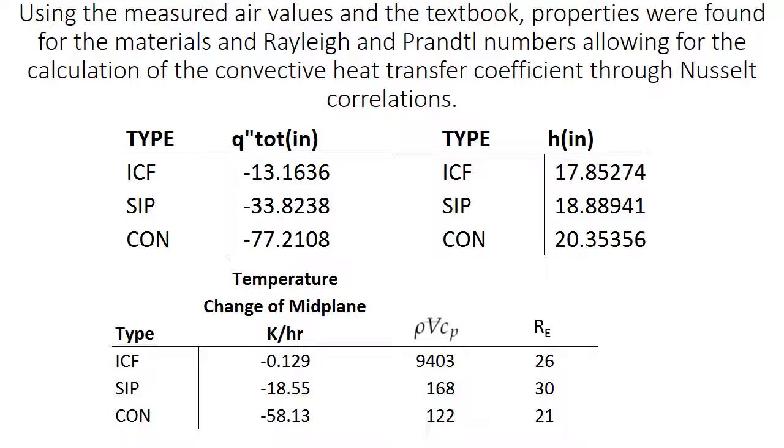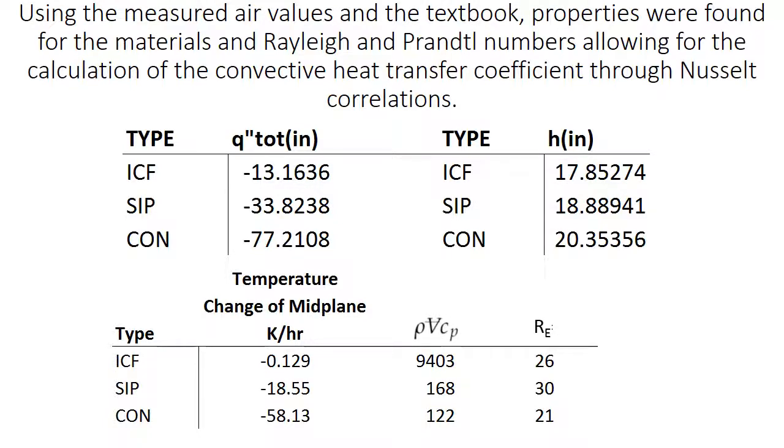And you can notice on the bottom chart that the temperature of the midplane was changed. This is through analysis, the numbers alone. This isn't through the data we performed, but this is taken as an average of the average temperature change of the midplane over time with respect to the actual temperatures measured to the theoretical rho volume and specific heats. So you'll notice that on the left with ICF, it is only losing about 0.13 degrees Kelvin per hour